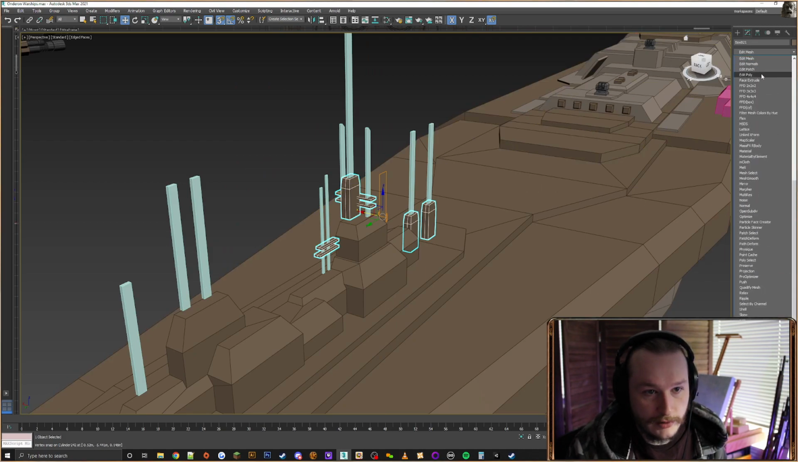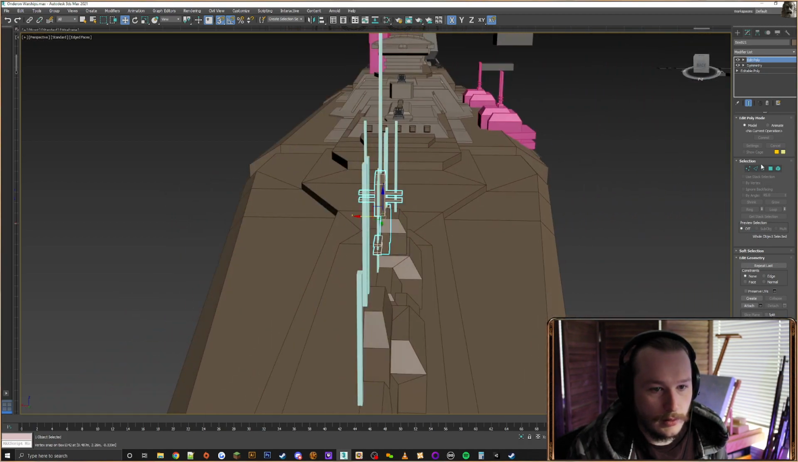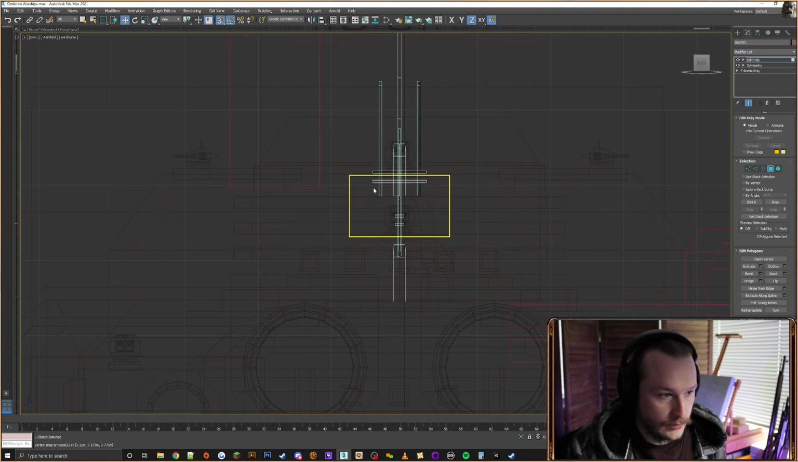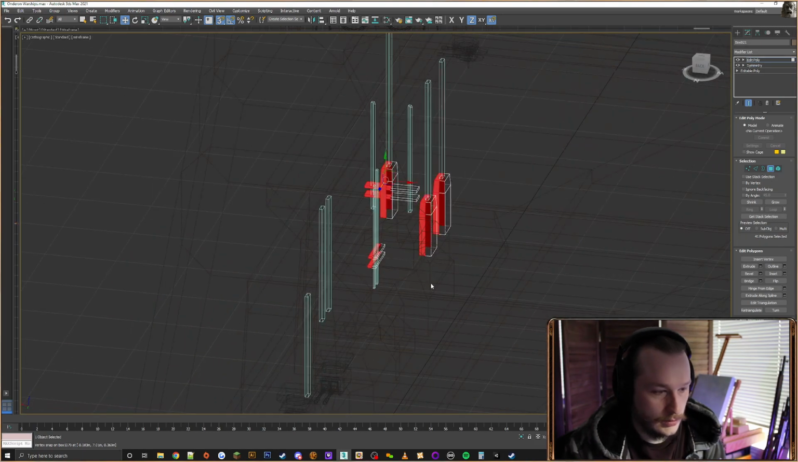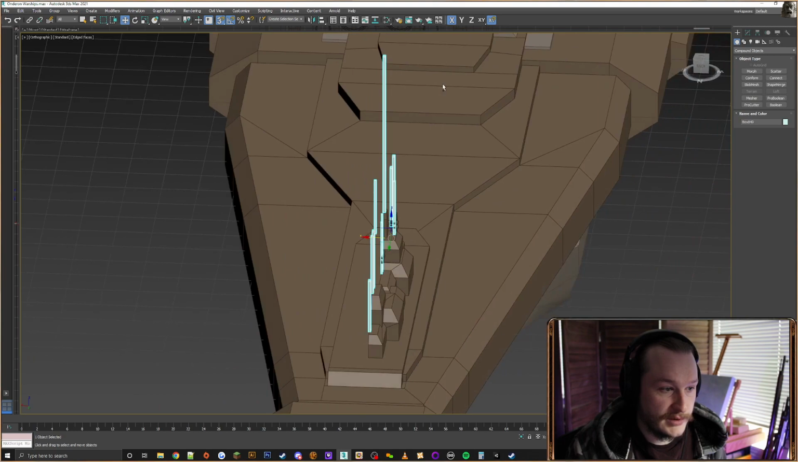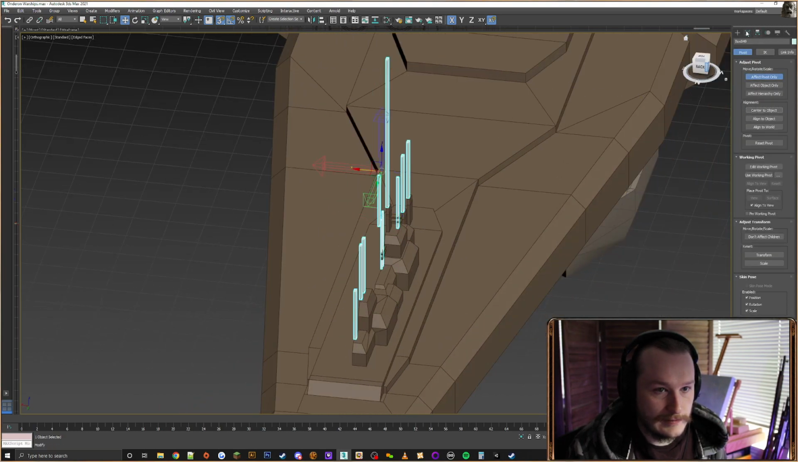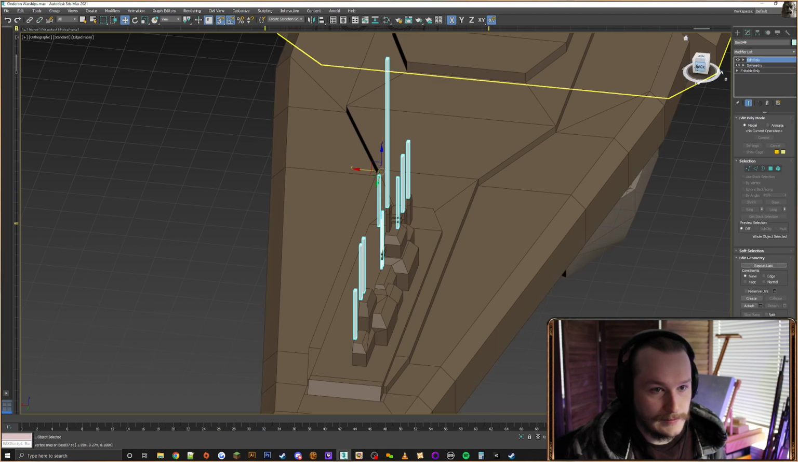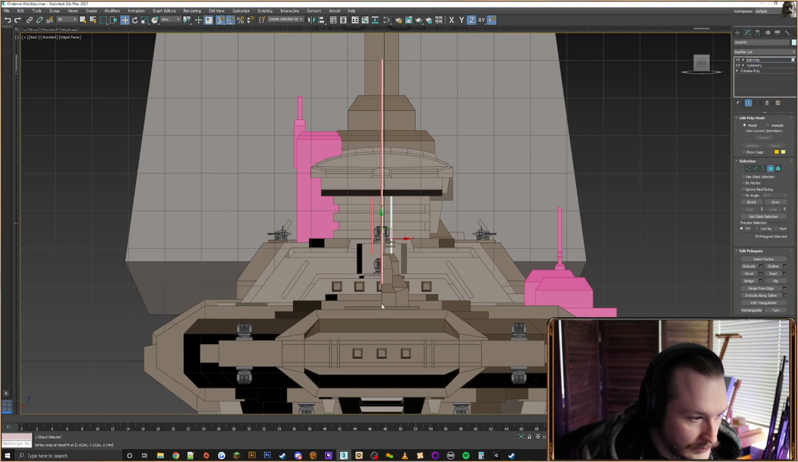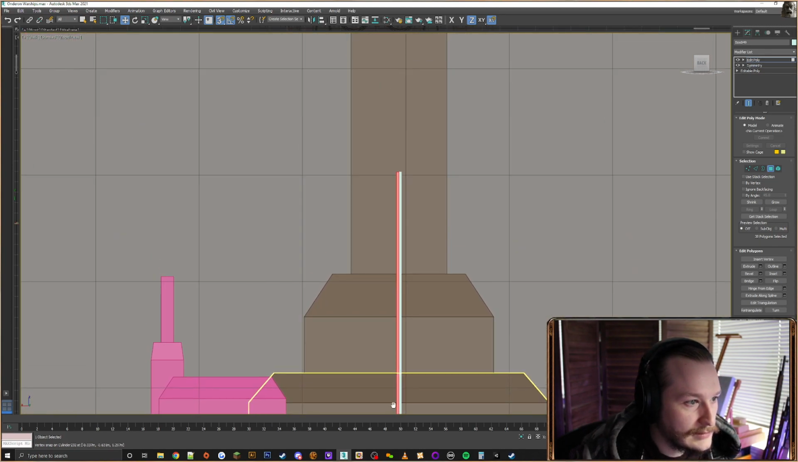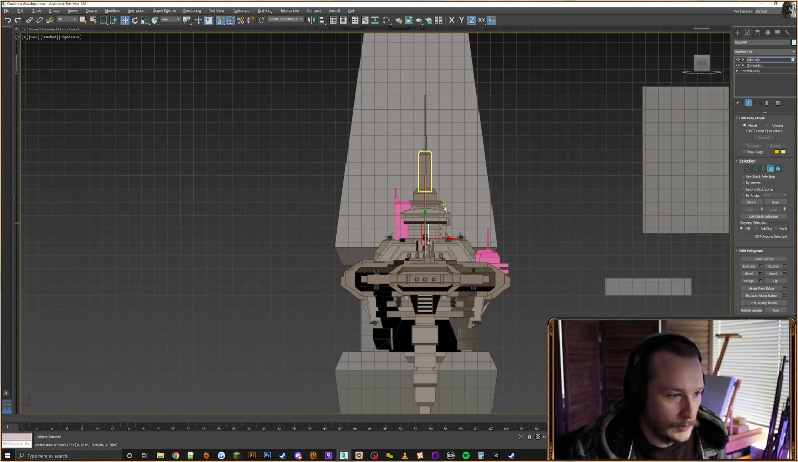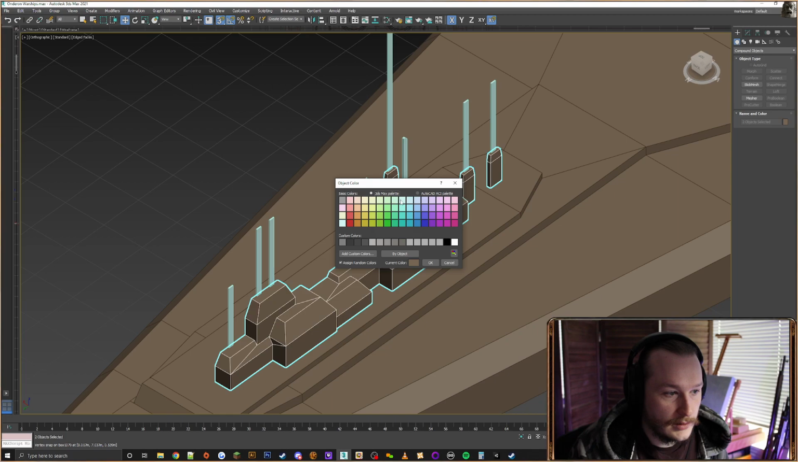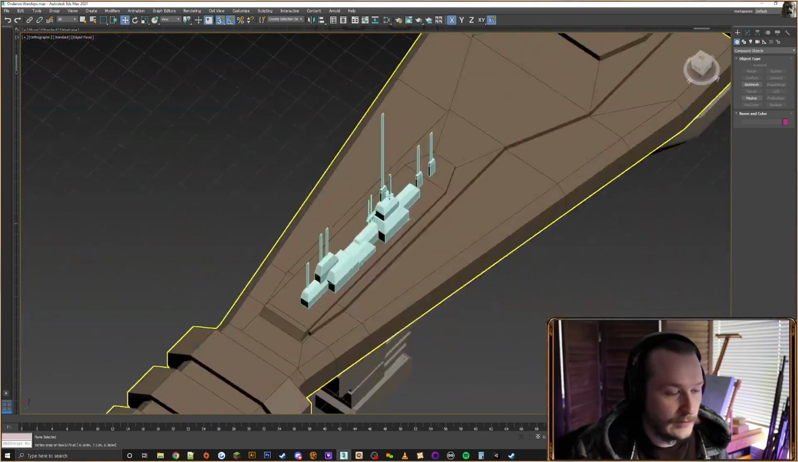Really what I should do is apply an editable poly operation on top of symmetry, or go back into the previous one. This also needs symmetry. Then we'll mark these as whatever color blue that was. Nice,